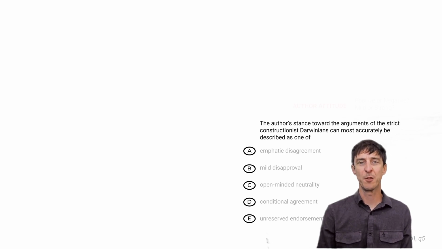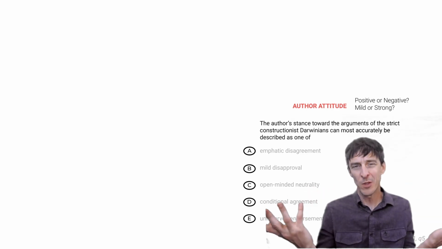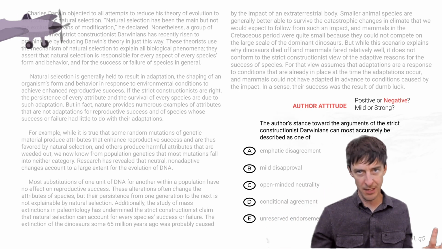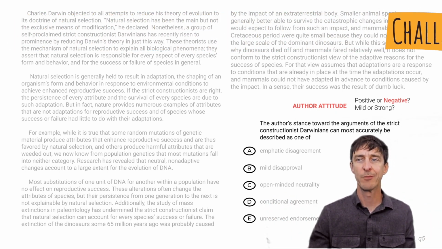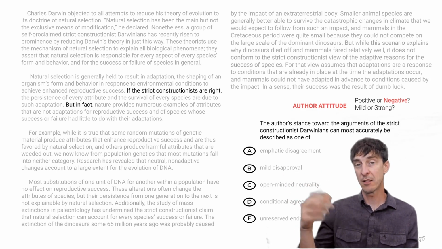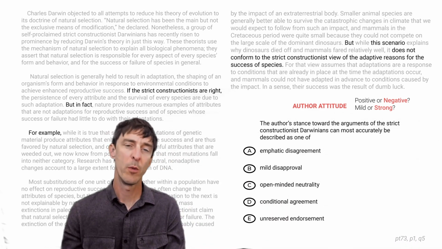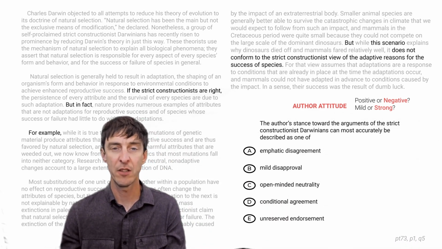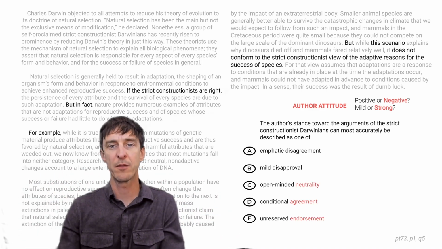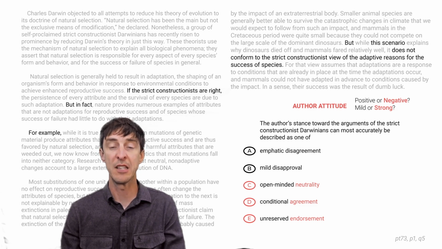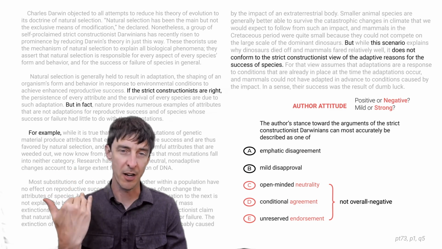They want to know the author's attitude about the strict constructionists. Our first question on attitude is just asking our brain, well, was it positive or negative? And obviously it was negative. We're doing challenge position. But if we were trying to prove it in the text, we would say, the author said, if they were right, X would follow, but in fact, that doesn't follow. When we look at answers, we focus on the noun, not the adjective, because the noun is what sets the core idea of whether overall it's positive or negative. So we can get rid of C, D, and E very quickly because none of them are negative. Neutral, agreement, and endorsement are not going to fly.